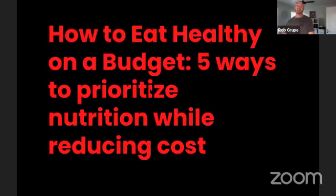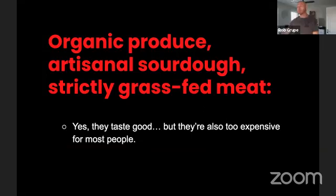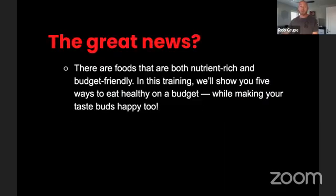So, how to eat healthy on a budget: 5 ways to prioritize nutrition while reducing costs. So this is going to be really cool. Organic produce, artisanal sourdough, strictly grass-fed meat. Yeah, they taste good, but they're also way expensive for most people. So the great news is there are foods that are both nutrient rich and budget friendly. And in this training, we're going to show you 5 ways to eat healthy on a budget while making your